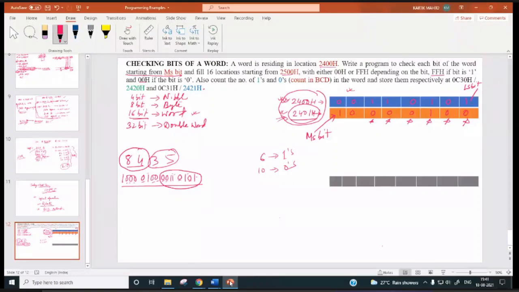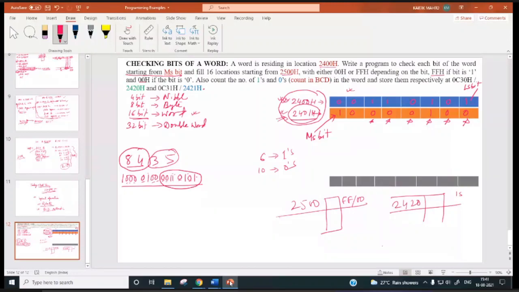The count of ones and zeros has to be stored respectively at 2420. So from 2500 onwards you have to fill FF or 00 according to the bits, and at 2420 you have to store how many ones are there. Number of ones.